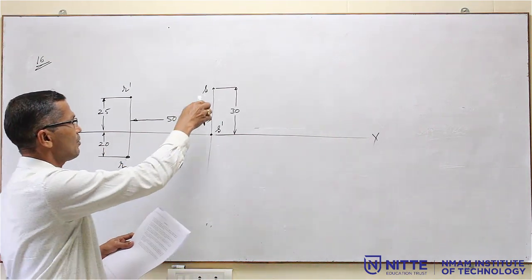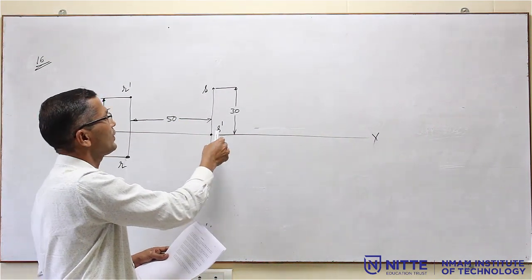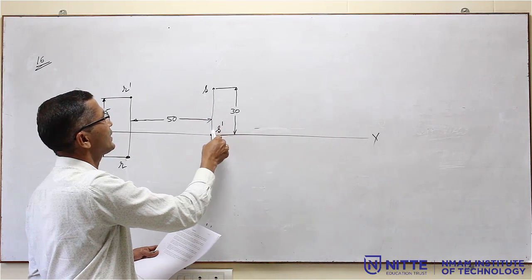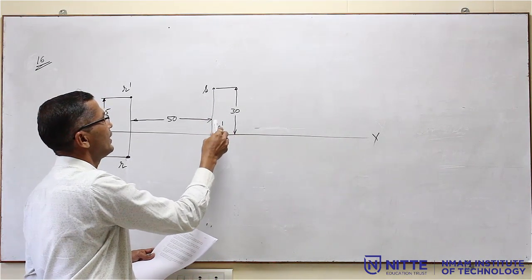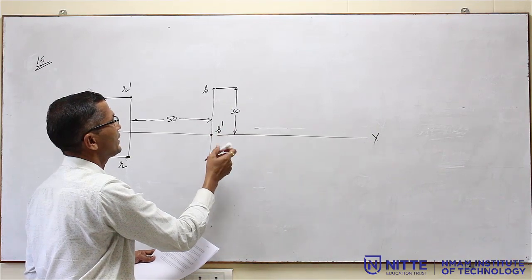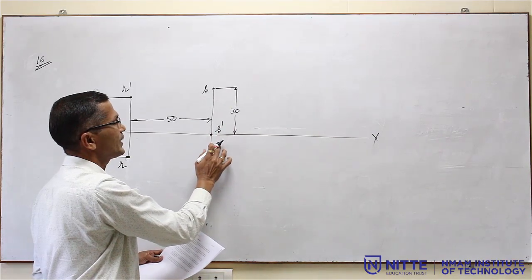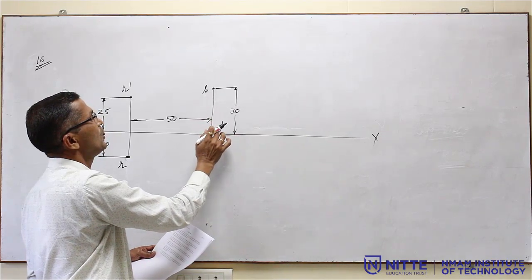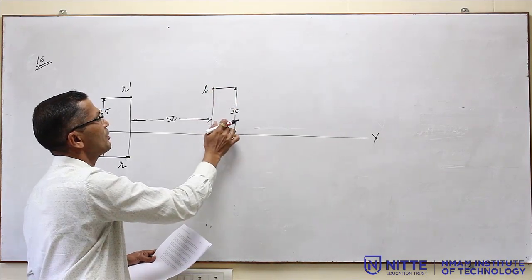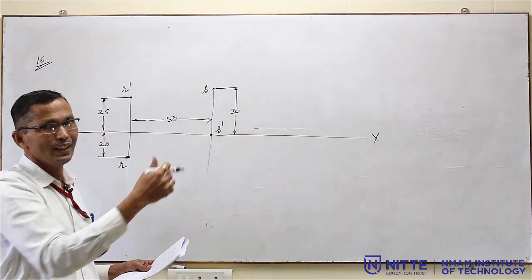Now, you can take the point S in the third quadrant also, then nothing changes, only the naming. The point S will be on the XY line only, but the S dash will come down. You have to write the S dash below. That means it is the third quadrant. Now, in this present case, it is in the second quadrant because both VP and HP are above the line. So, that is why S dash and S are above the line.